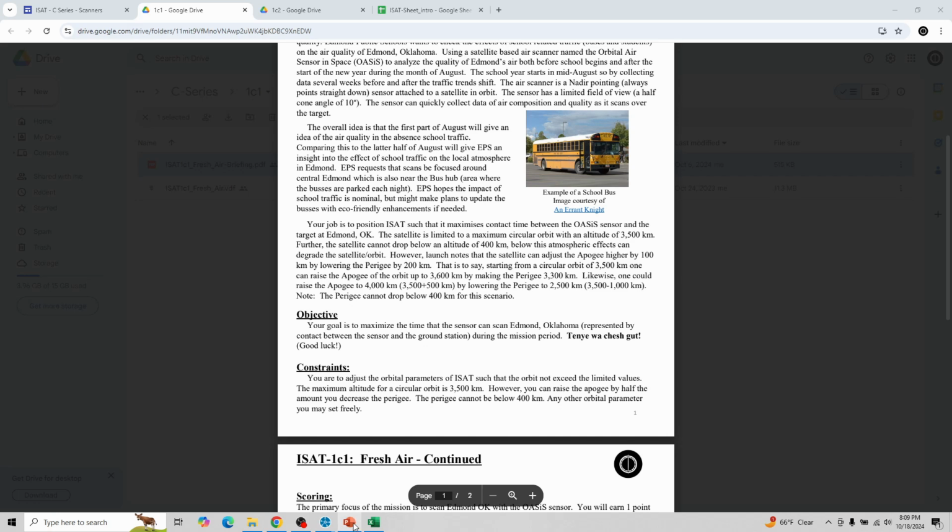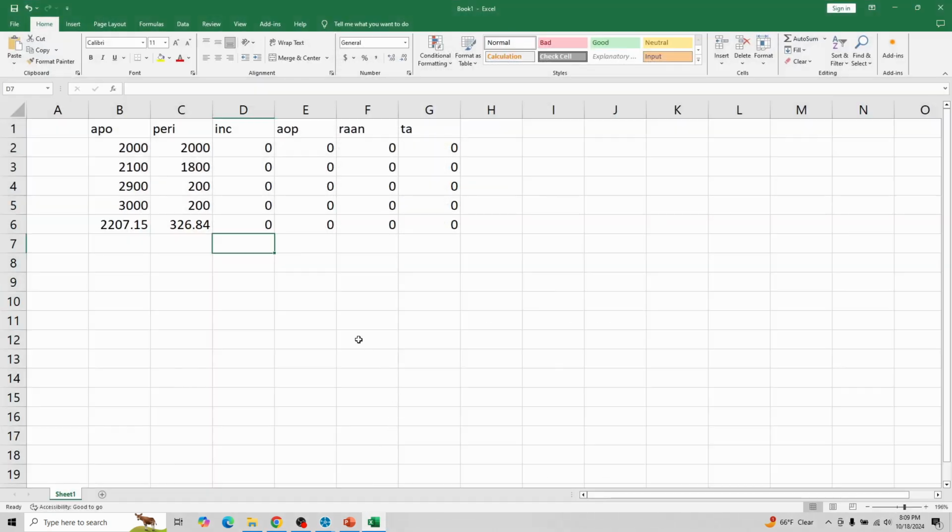Now, buckle up, because unfortunately, the answer to this is going to be applying math. Now, one of the things that I went ahead and brought up was some samples. So for instance, I could set up a circular orbit that has 2,000 kilometers perigee, or apogee and perigee, and let's say that I'm limited to a maximum orbit, circular orbit, for this scenario that we're going to model of 2,000. So 2,000 is my maximum circular orbit,